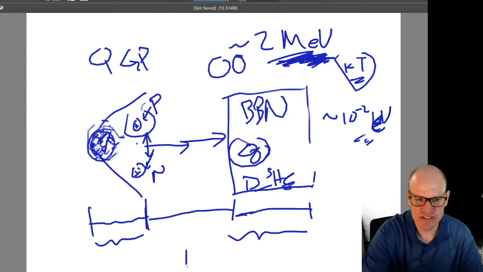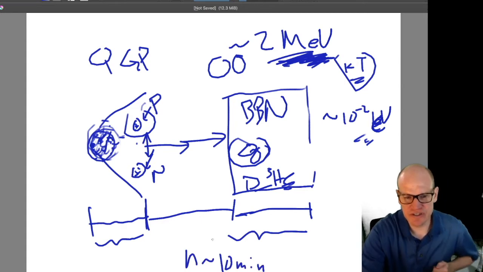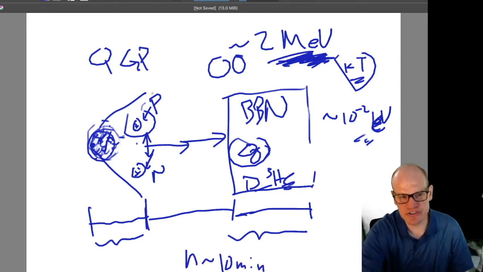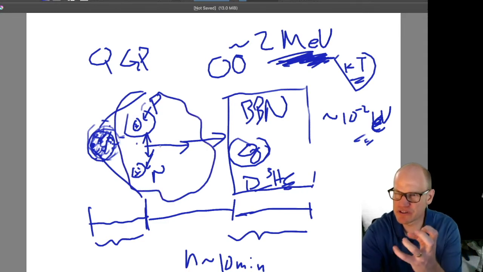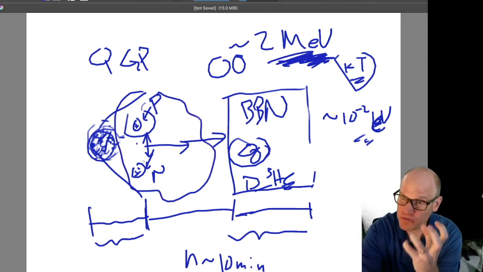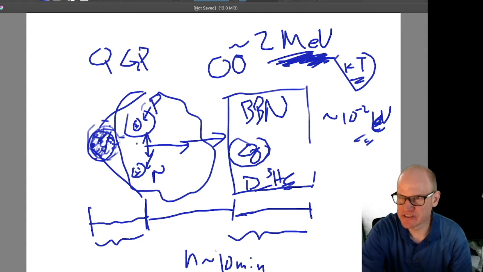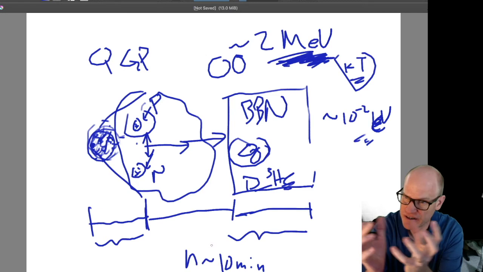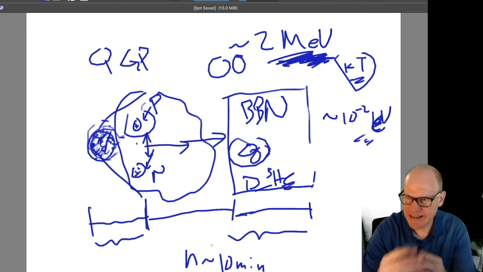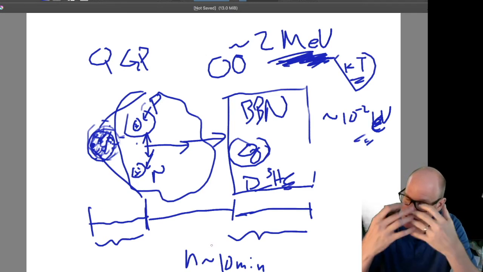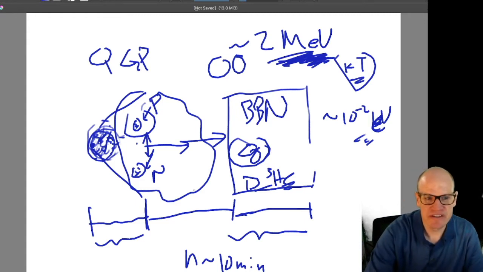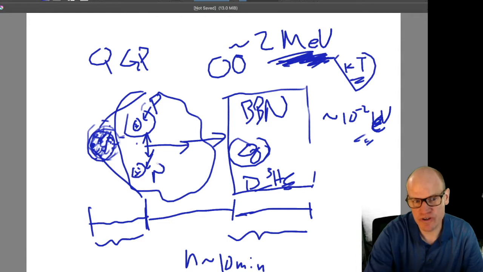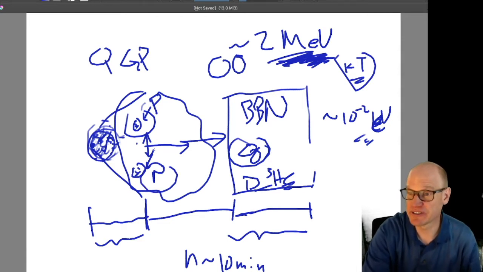So the neutrons live for about 10 minutes. All right, and so if the collisions between the protons and neutrons that exist in the early universe happen more frequently than once every 10 minutes, then the neutrons will be bumping into the protons and have the potential to form heavier elements. However, as the universe expands and cools off, spreads apart, the collision timescale between a neutron and other particles is going to be longer than 10 minutes.